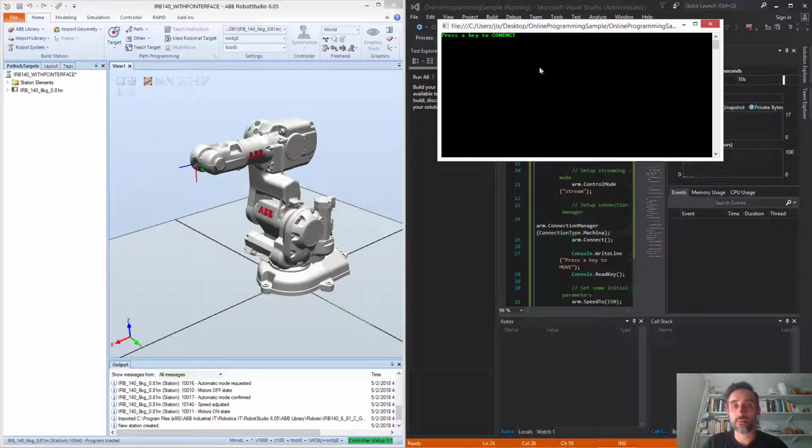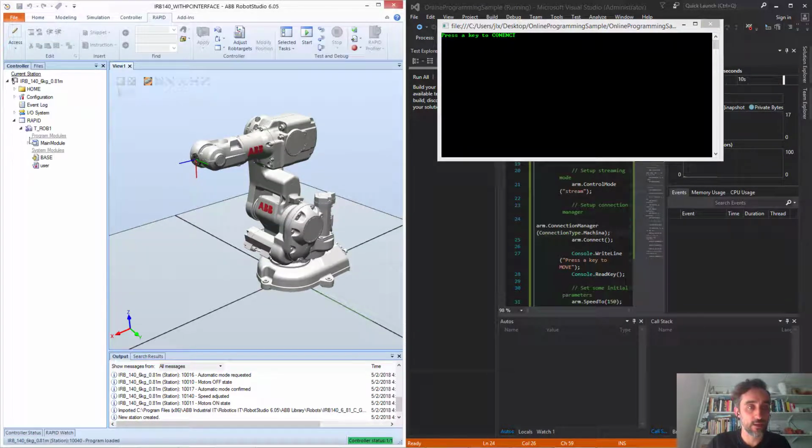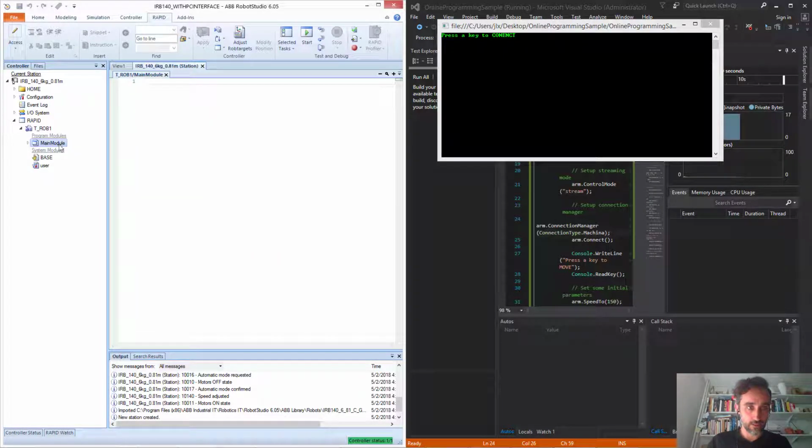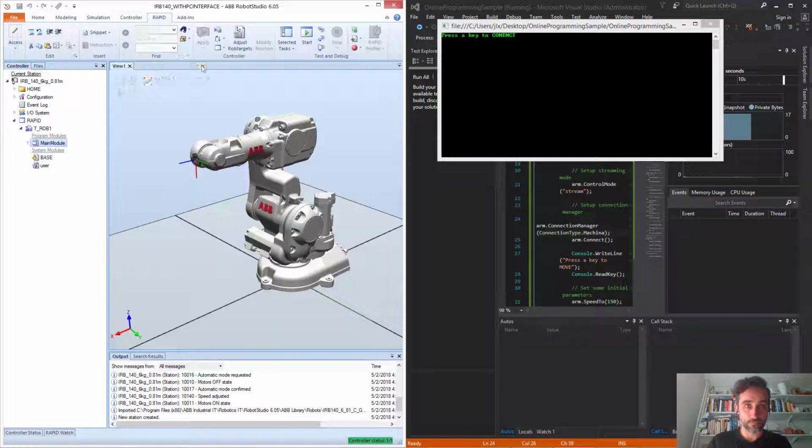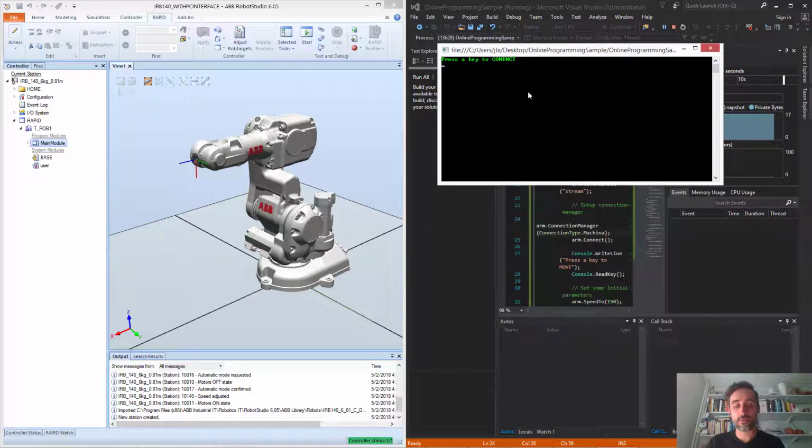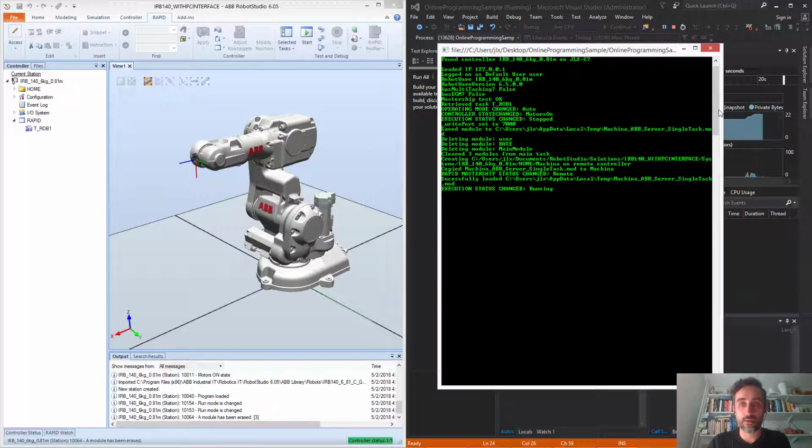So in my console, I'm prompted to connect. And just for the sake of verification, I can see that right now I have an empty program inside of the robot that contains nothing, and that the robot is stopped. So here in my console application, I'm going to press a key, and we can see how Machina is now just figuring out where the robot is